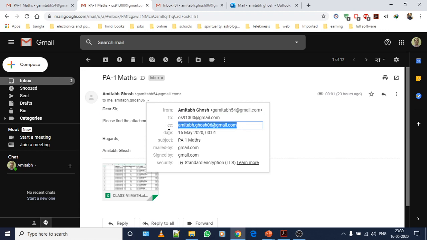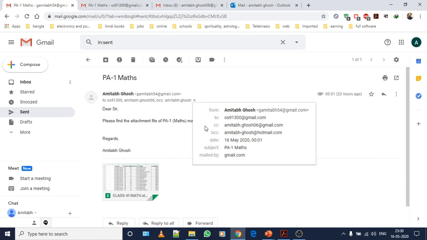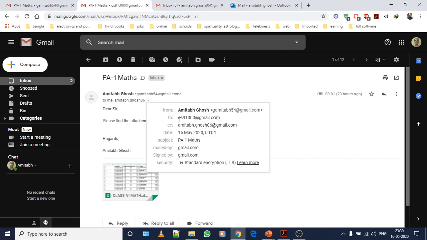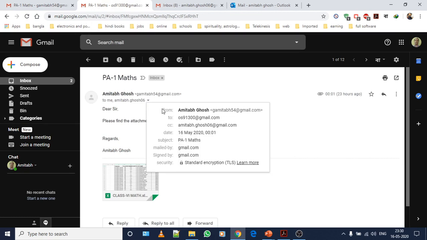But if you notice, there is no other section, the third section, which is BCC. It's not reflecting here. See, while sending a mail, you have sent a mail to BCC also, but it is not viewed by the person who is sitting in CC and To.